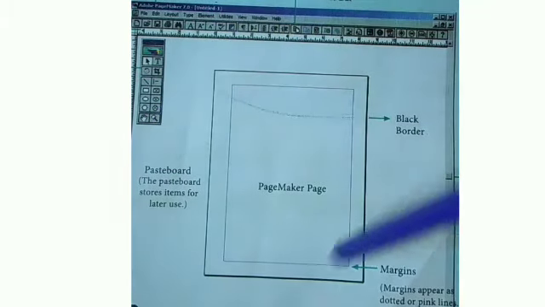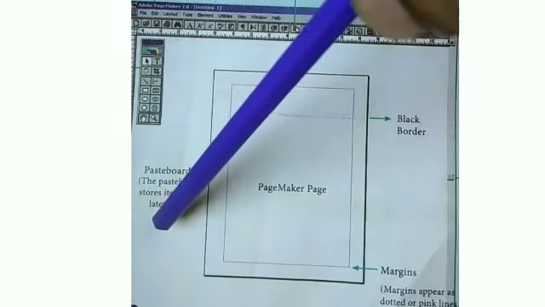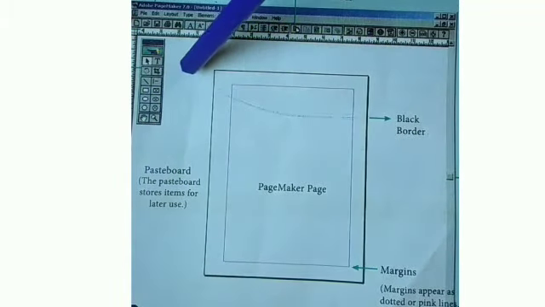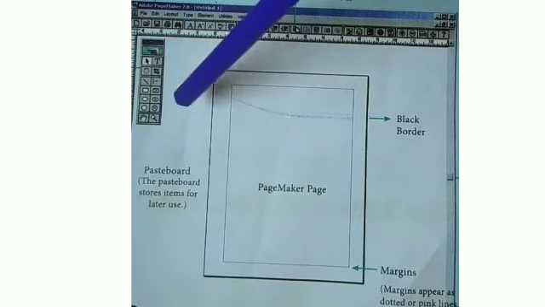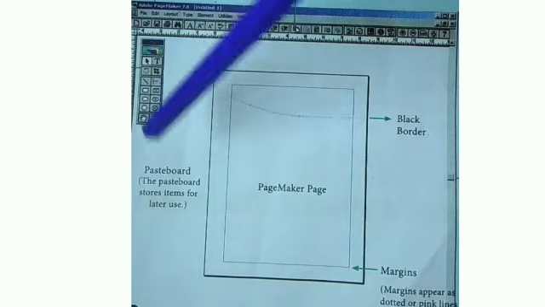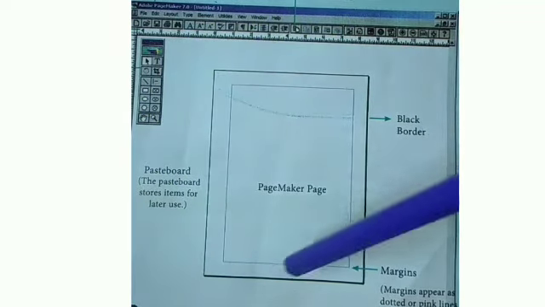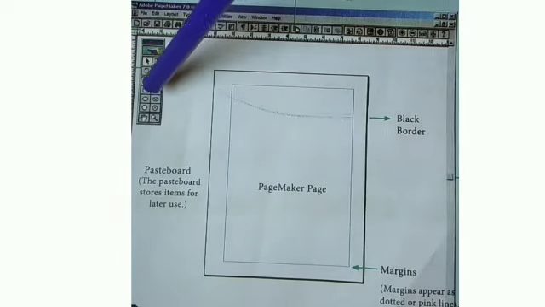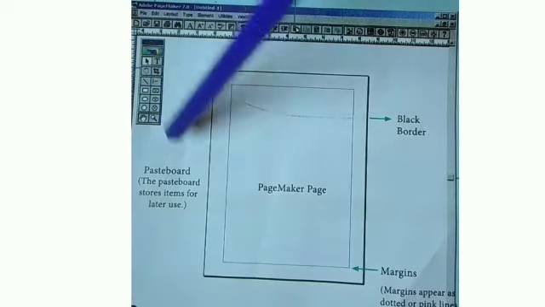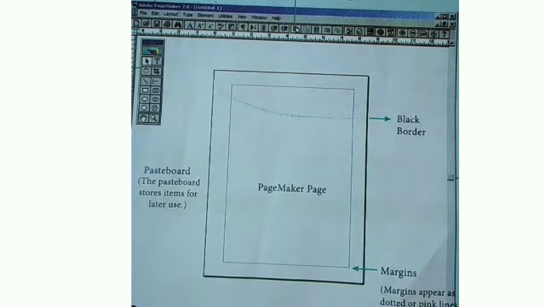So after designing, if you take the print, whatever is in the pasteboard is not visible. That means it won't print. You can use the pasteboard to temporarily hold elements while designing your document. For example, if you want to design a visiting card, we can drag some options from the toolbox and temporarily place them in the pasteboard area.